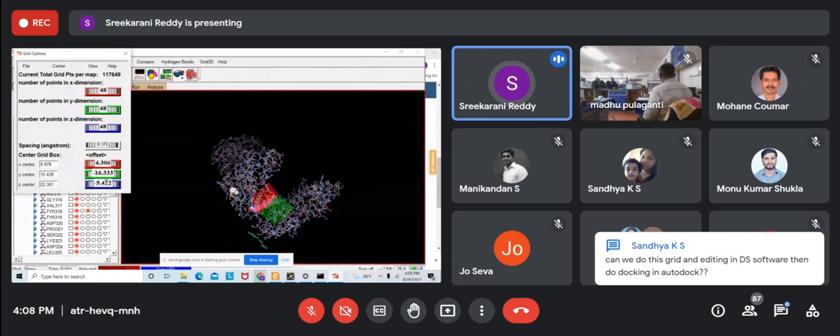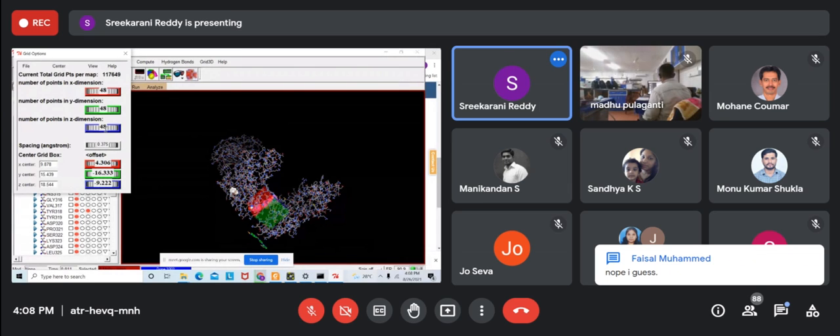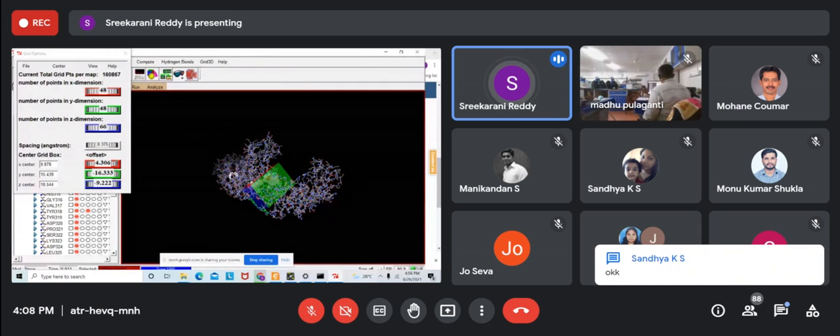You are seeing, right? The residues are entering inside the box. So I'm moving the box in a particular way so that all the residues are inside it. If you see here, all the residues we have tried to select are inside that particular box.